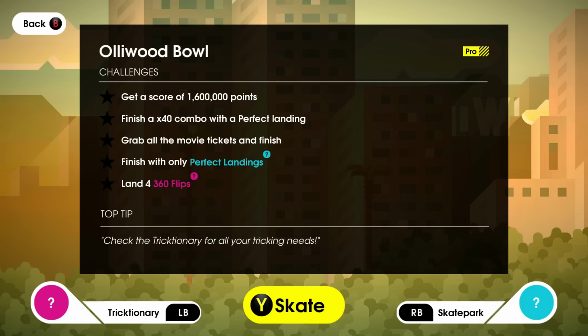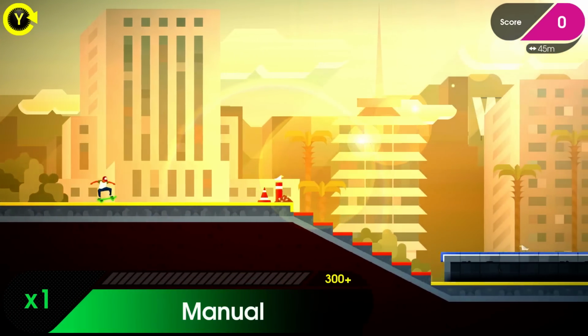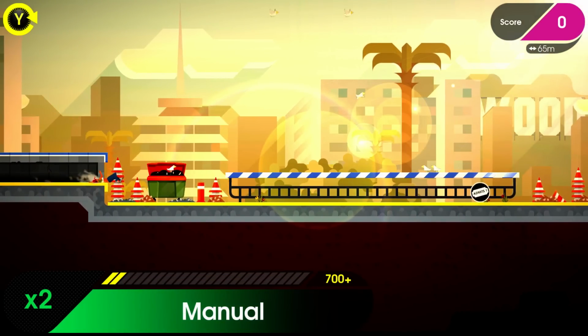And now, you don't have to do all these in one go. You can achieve these goals across as many playthroughs as is required. So, for example, you might do one where you just try to do the 4 360 flips, complete that, happy, then restart at that point. Finish with only perfect landings? Well, maybe we won't do any moves whatsoever. You're just going to focus entirely on simply landing basic ollies. That sort of thing. So let's see what kind of score we can...